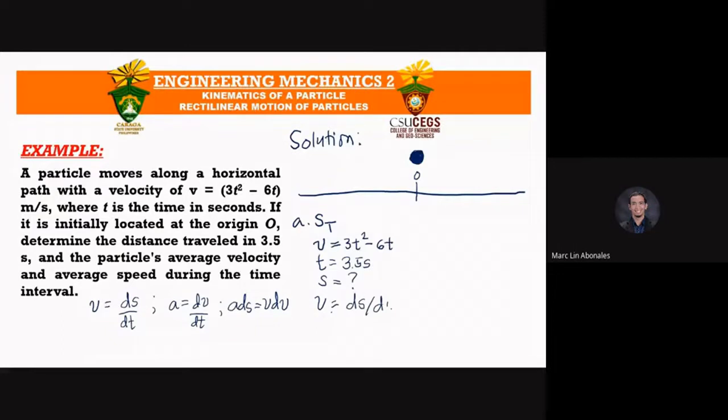And we will substitute the equivalent of velocity, that is 3t squared minus 6t is equal to ds over dt. So you cross multiply,